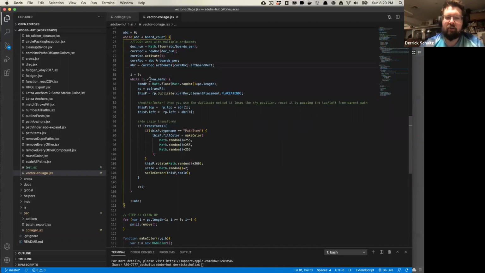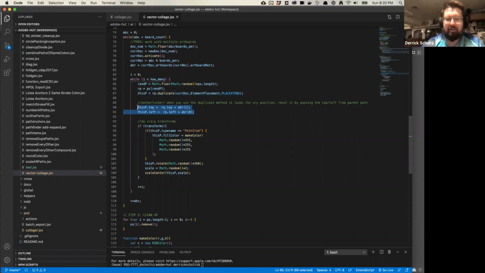So next we're going to loop through how many individual pieces we're grabbing, right? What we're going to do is grab a random vector or a random path using this code. Basically it's Math.random times however many pieces are in that code. And then we're going to select the floor of it, which basically says we want the 0 index, 1 index, 2 index, or 3 index, right? Because there's only 4 pieces in here. We're then going to duplicate that over to the new artboard or the new document. We're going to make sure the position is correct.